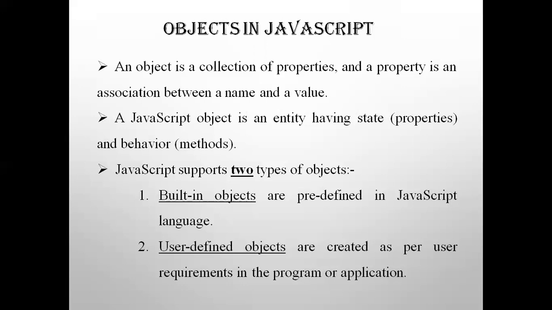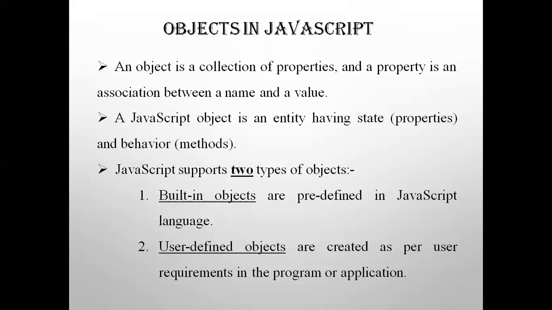All cars have the same properties, but they contain different values from car to car depending upon the model. Also, all cars have the same methods, but they perform differently. Some are automatic, some are non-automatic. Start and stop are there in every car, but they perform differently. Here also, properties and methods of objects in JavaScript are accessed with the dot operator, and two types of objects are supported by JavaScript.